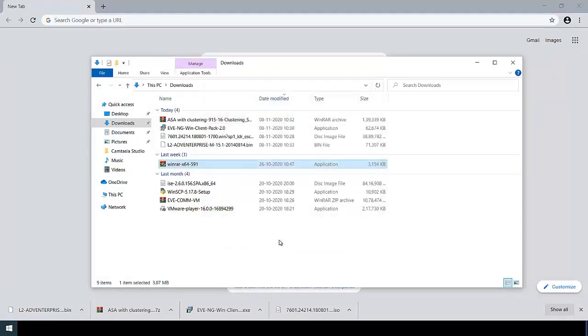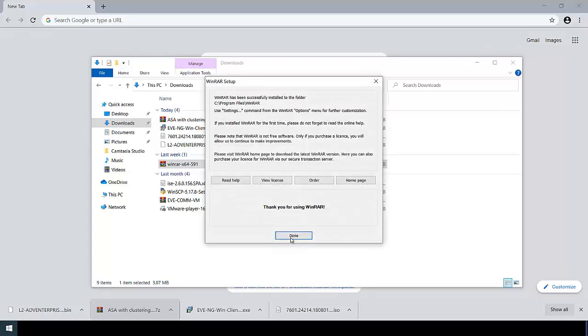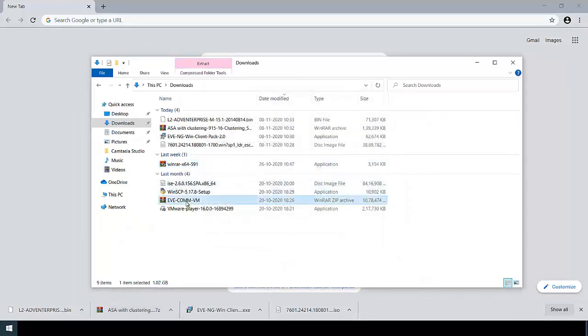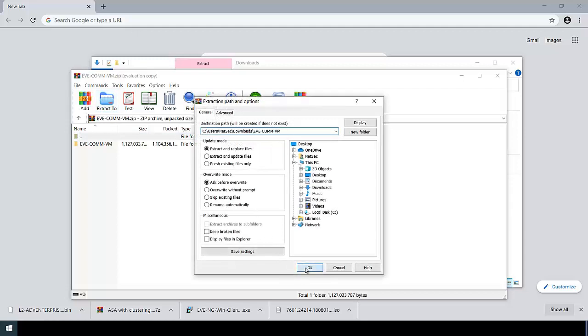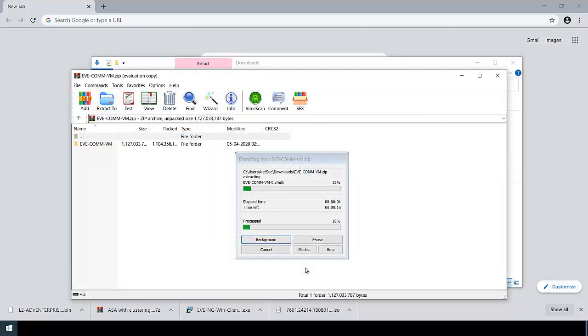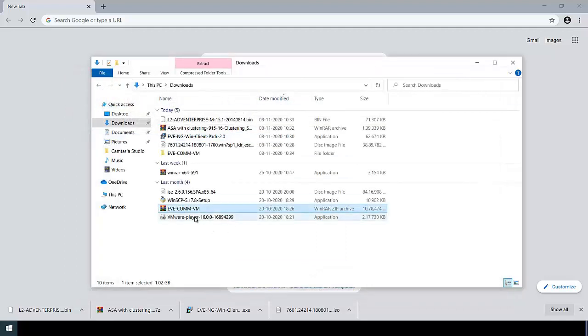So we will install WinRAR and unzip our zipped files. So first we will be unzipping our Eve, then we will unzip our ASA image.